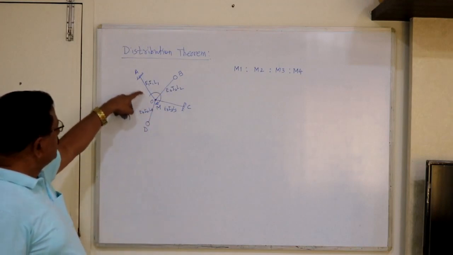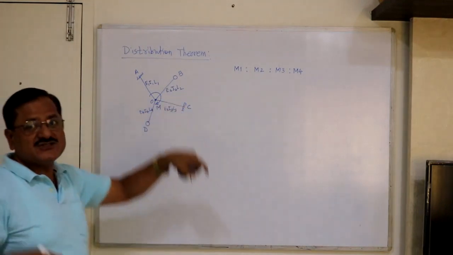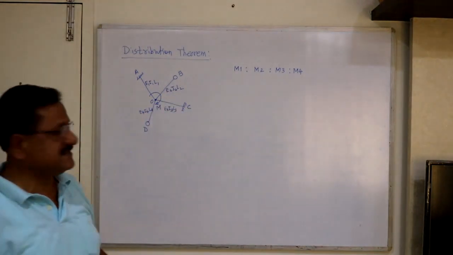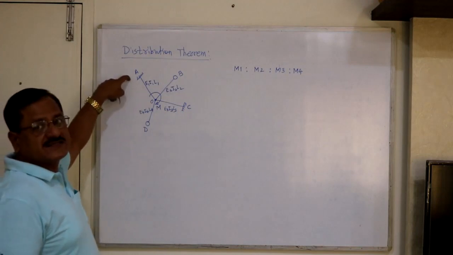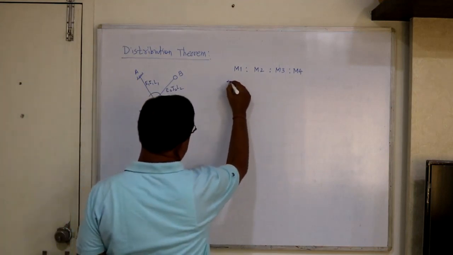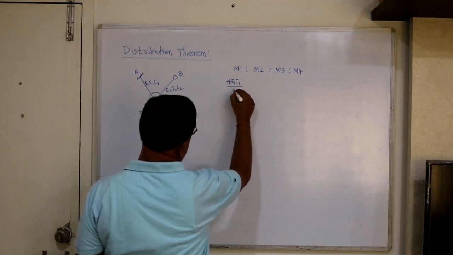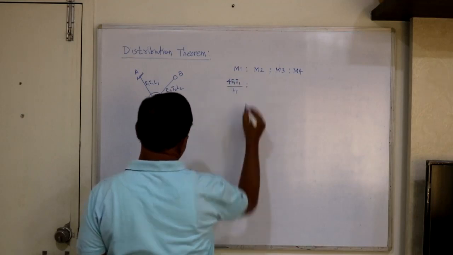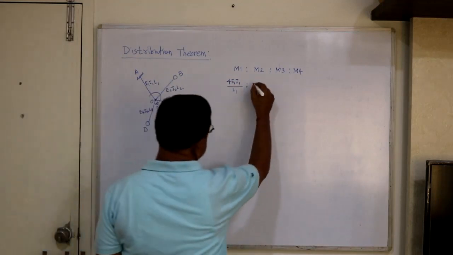So for member OA, the further end A is fixed. So it gets distributed in the proportion of their stiffnesses. What is the stiffness of a member if the further end is fixed? It is 4EI by L. So M1 is in proportion to 4E1I1 upon L1. Then for the second member OB, the further end B is hinged, so its stiffness is